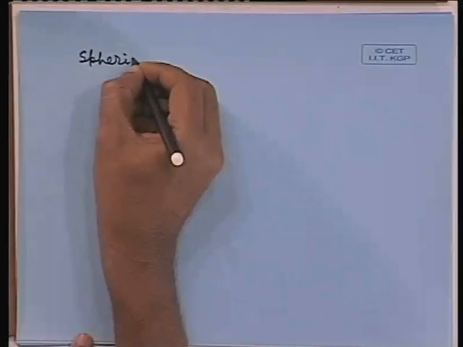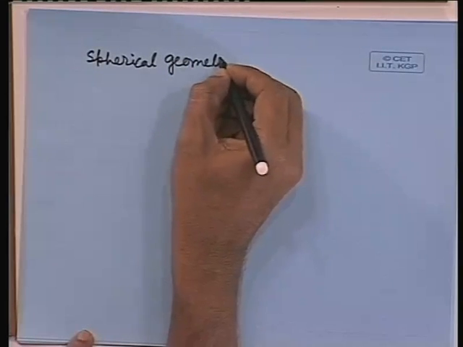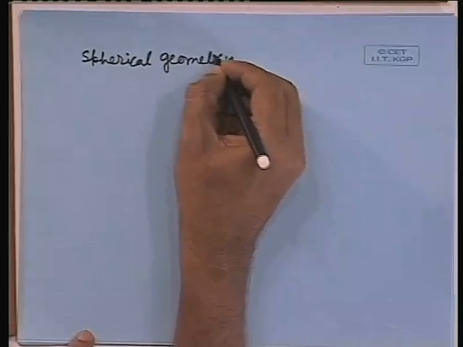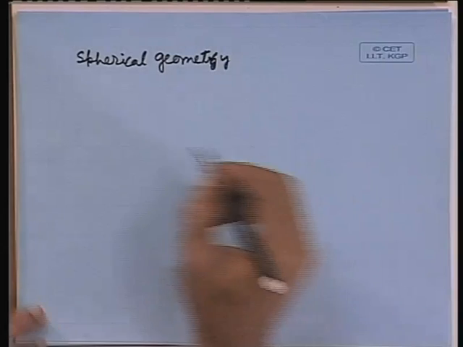So, spherical geometry. Here also we assume that the thermal conductivity remains constant and there is symmetry as far as heat transfer is concerned. So, that is why heat transfer will take place only along the radial direction. Okay. So, one can think of spherical cells, let us say, I mean it is very difficult to have a